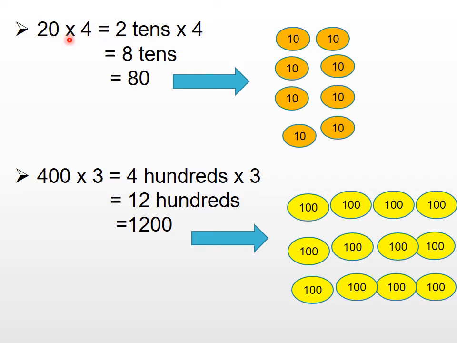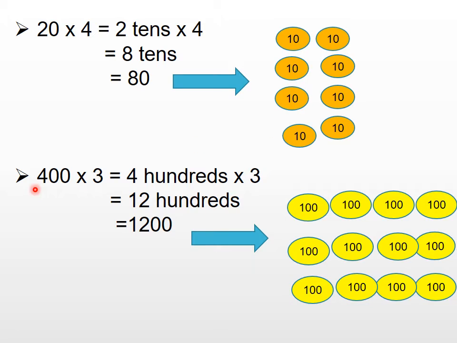When I am multiplying 2 tens by 4, you can simply multiply 2 and 4, which is 8, and you can pass on the tens. So 8 tens. 8 tens is what? 80. So our answer is 80. You can see this through the diagram. If I have 20, which is 2 tens, and I am multiplying it by 4, that means I am writing this 4 times. Multiplication means times. So I am writing 20 4 times, and you can see I've got 80 here, 8 tens, which is 80.